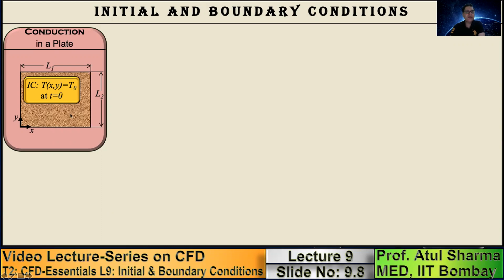Whereas as soon as you start the simulation, let us suppose this plate is subjected to the boundary conditions as shown here. The left wall is subjected to a constant wall temperature TW. The bottom wall is insulated. The right wall is subjected to a constant heat flux boundary condition. And the top wall is subjected to a convective boundary condition where you are given the ambient temperature and the